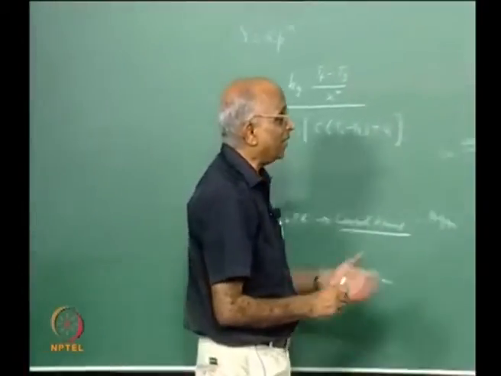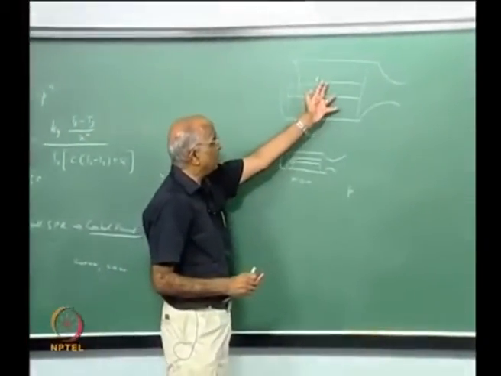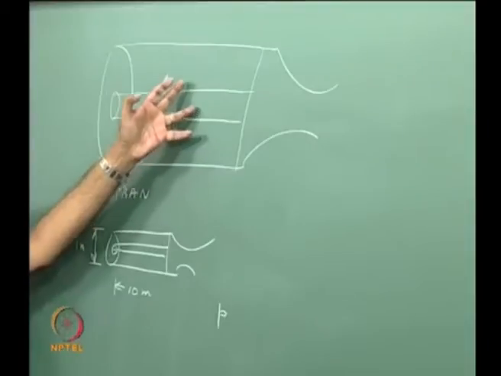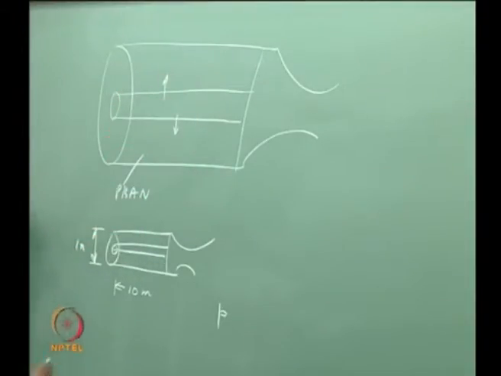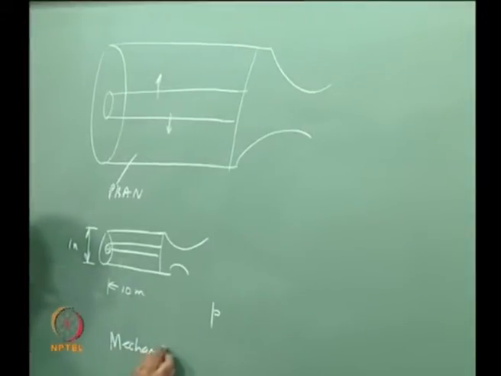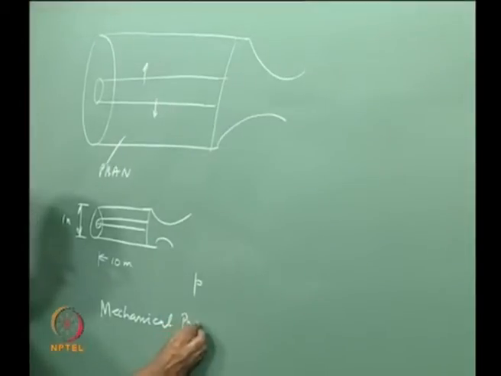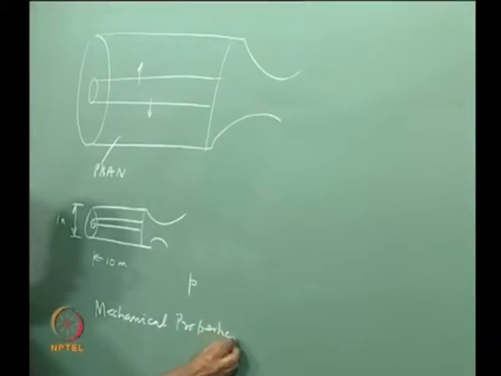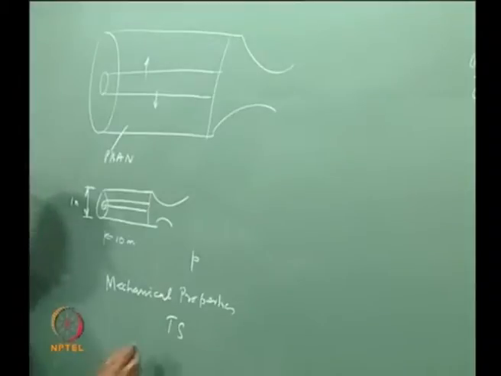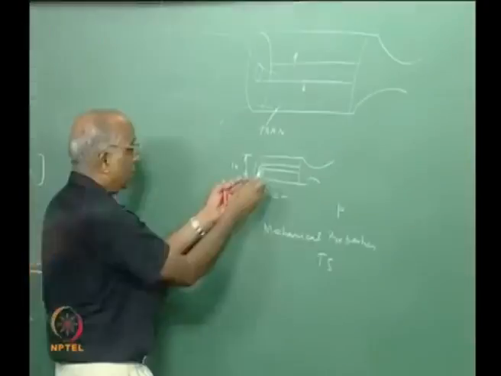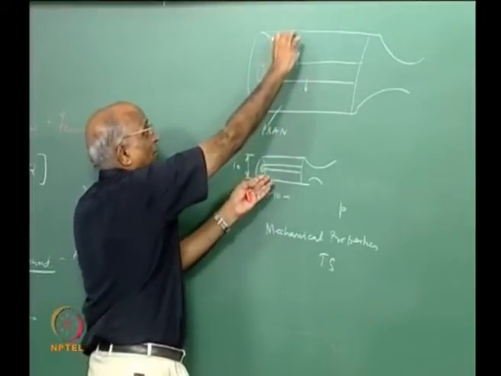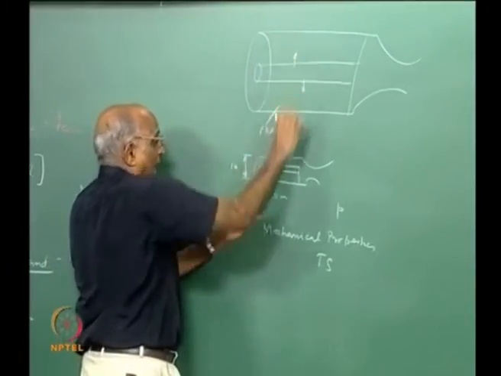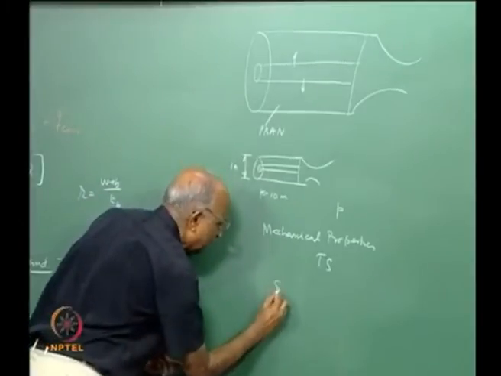Again, I look at the radiation, which depends on the mean beam length. Therefore I expect the burn rate in a larger motor to be different, but it is not necessarily true. There are other factors like mechanical properties of the propellant. Why do I say mechanical properties? Mechanical properties could be hardness, tensile strength, or the ductility of the propellant, and during burning I could have some deformation taking place. All those things are going to affect my thickness over here, and therefore the scaling of burning rate